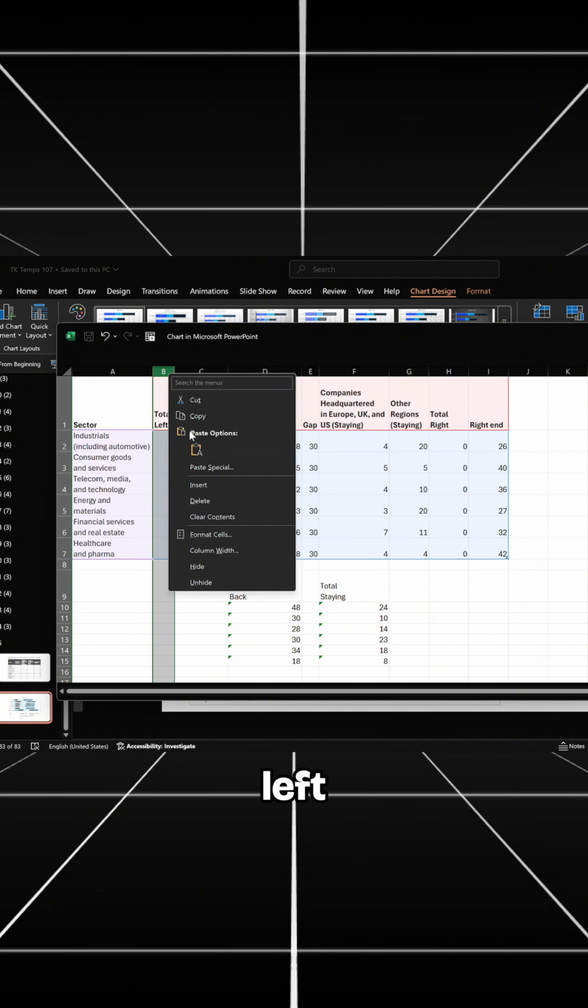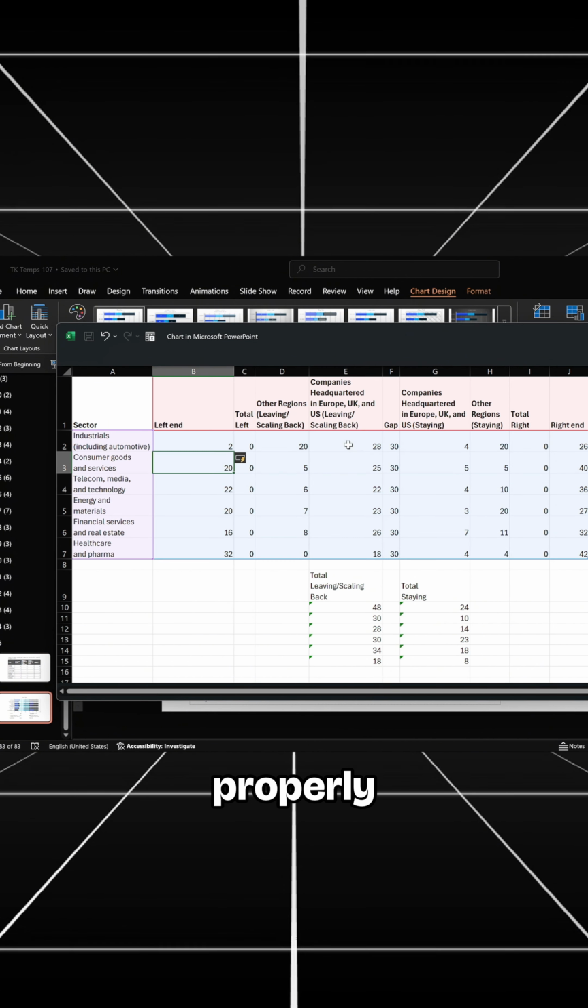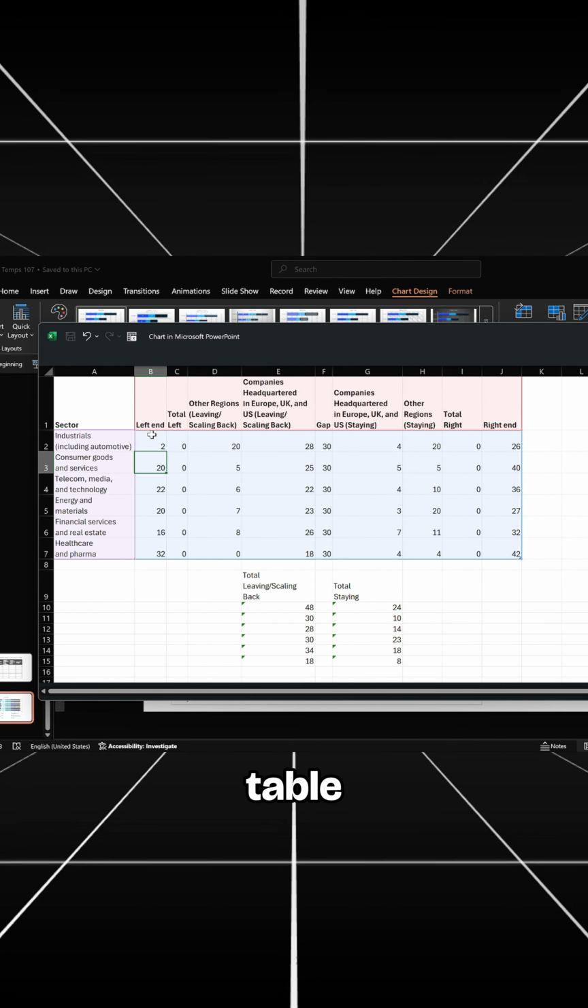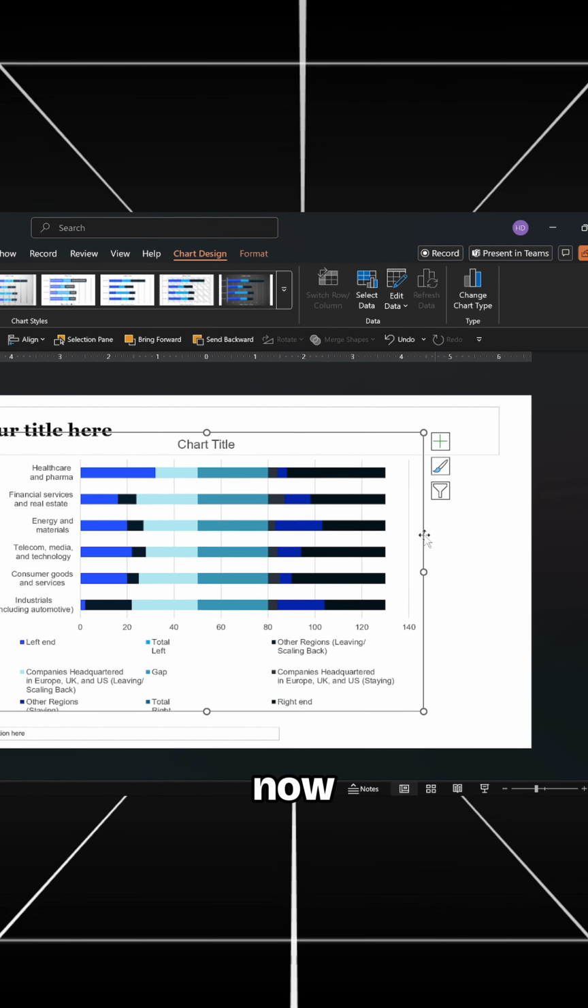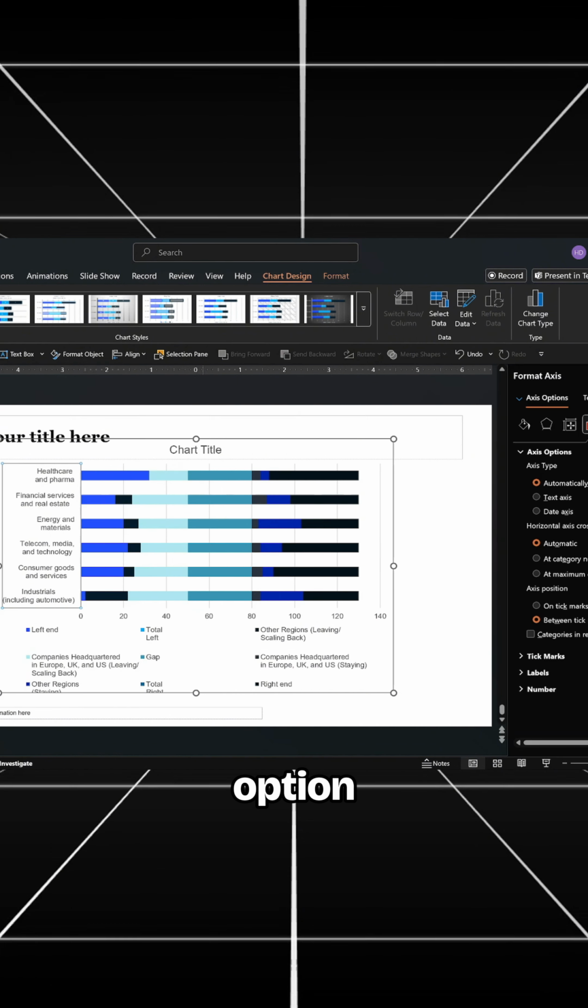Apply this step to both the left and right sides, using the same reference value so that the category bars are properly sized and balanced. Once the data table is complete, close the data window. Now let's clean up the chart, so select the vertical axis, enter the Format Axis option, and reverse the order